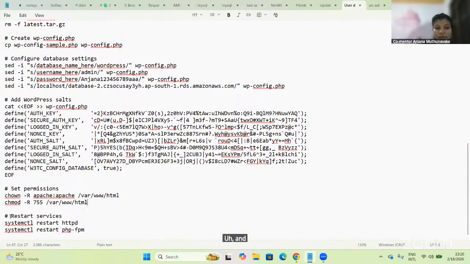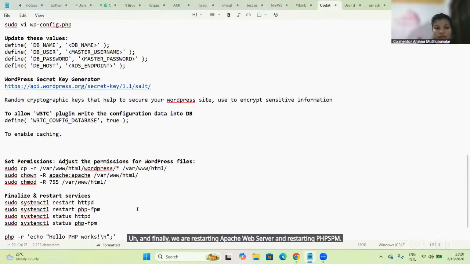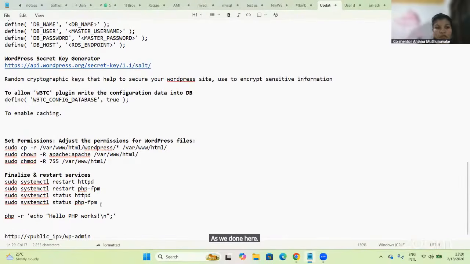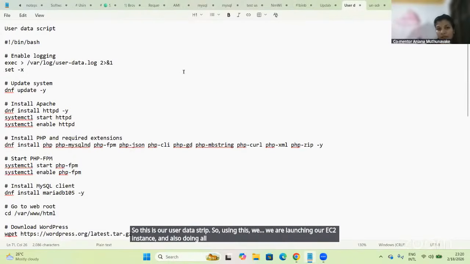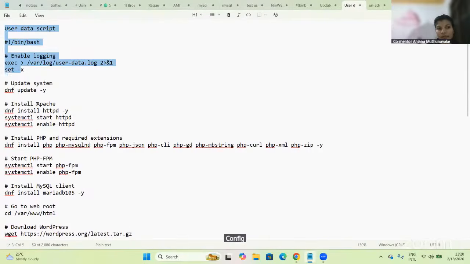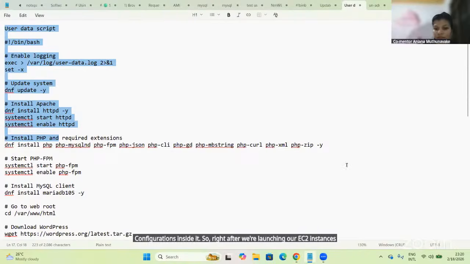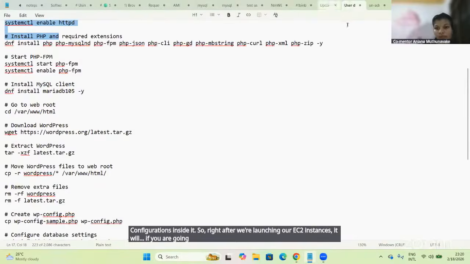And finally, we are restarting Apache web server and restarting PHP-FPM as we did here. We are not checking the status. So this is our user data script. Using this, we are launching our EC2 instance and also doing all of these configurations inside it. So right after we launch our EC2 instance, if we go to our browser